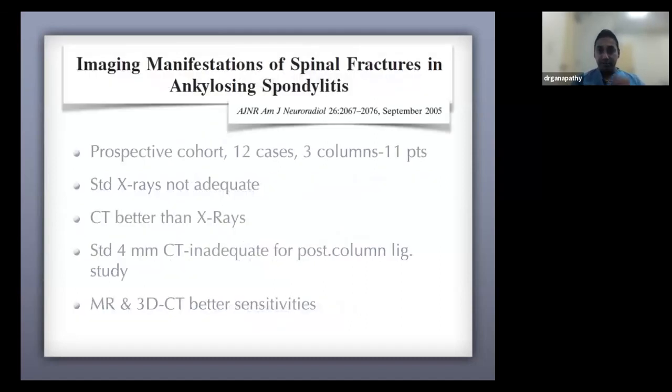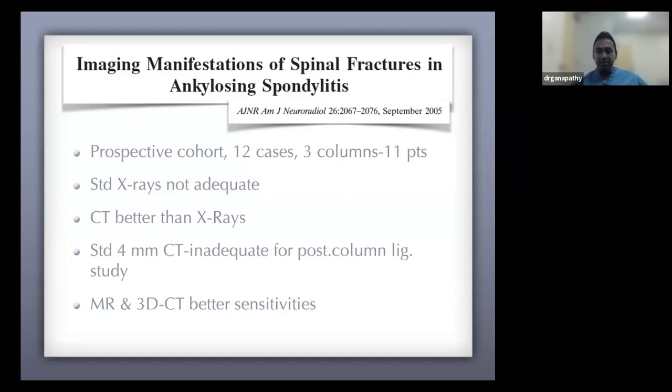Imaging manifestations of spinal fractures. A summary of this basically is that X-rays are not adequate. You can easily miss it. CT is better than X-rays, but depending on your slices, if you get anything more than a 2 millimeter slice or more, you can miss it. So a patient who presents in the emergency room with a fracture, with a fall or a trivial injury and has severe back pain with the underlying radiological or clinical manifestation of ankylosing spondylitis, always have a low threshold for